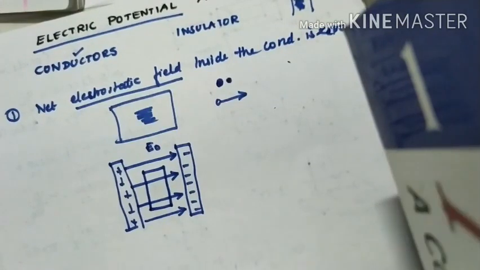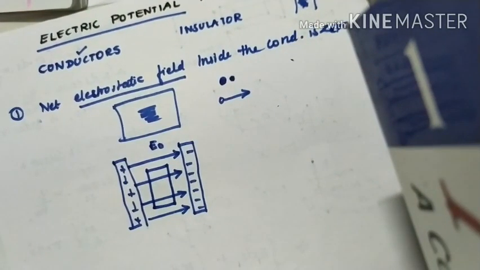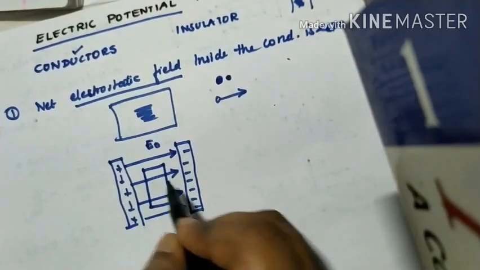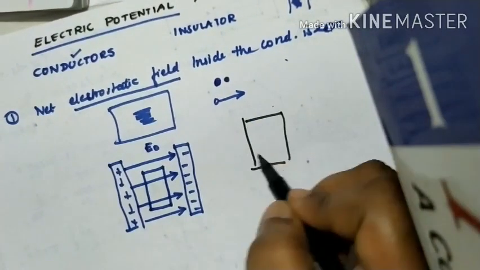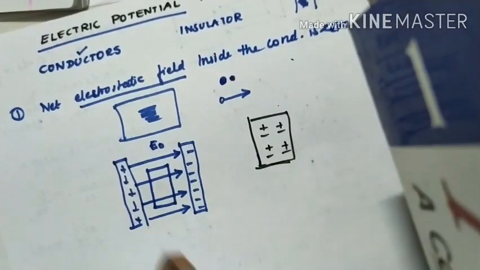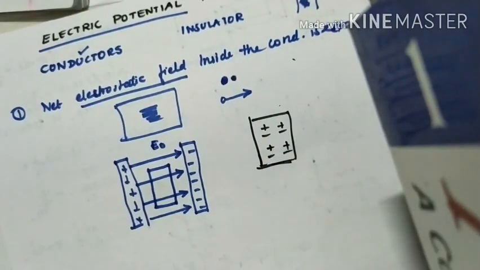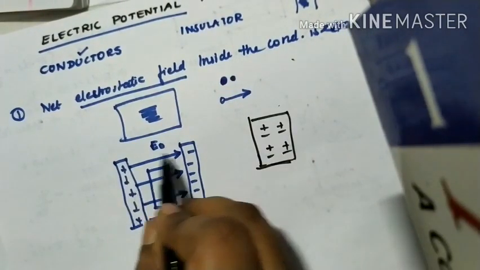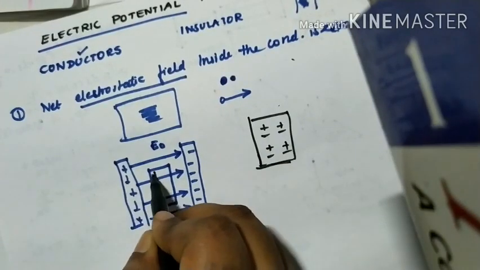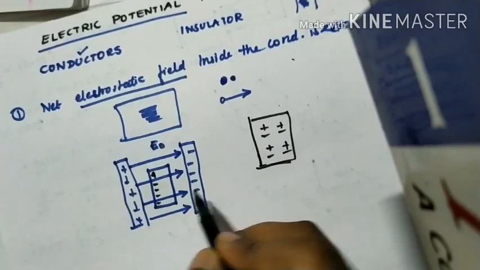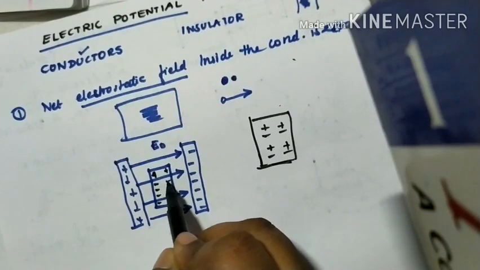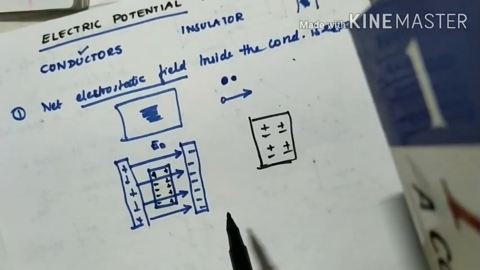Right, what happens in this conductor? It's a neutral material, guys. The conductor without charging is a neutral material. So this is my conductor I have placed here. Initially the plus and minus charges were all balanced because they don't need to move, they are stable. Now what happens when they are kept in an external field E0? All the negative charges will be arranged here, and the positive charges will be arranging like this, right?